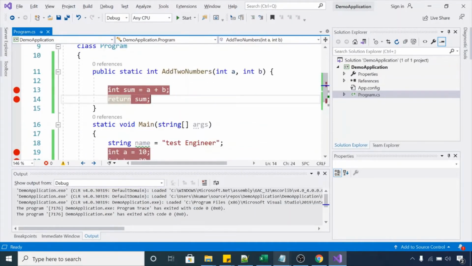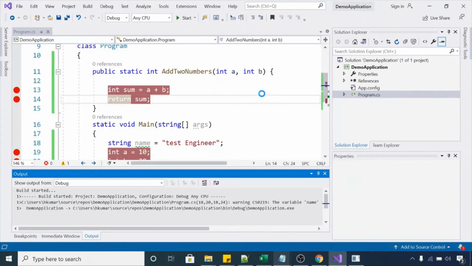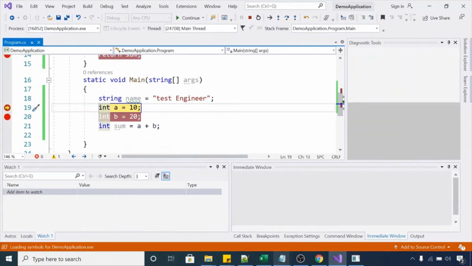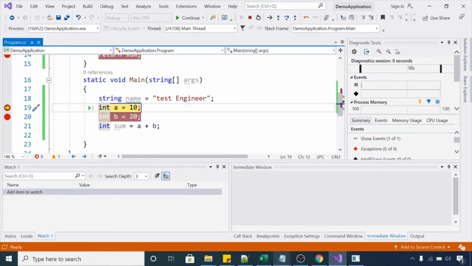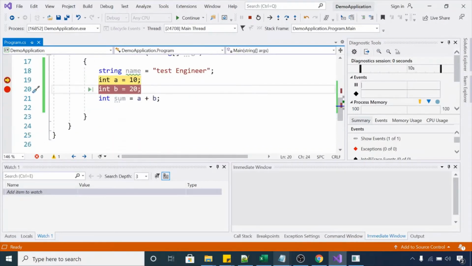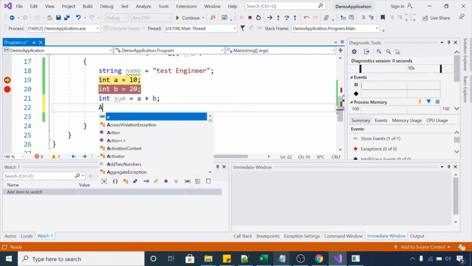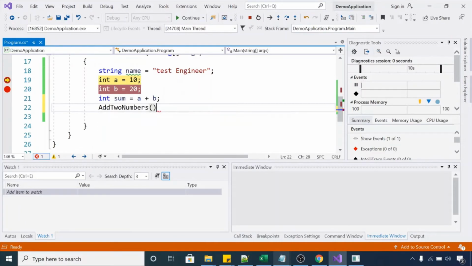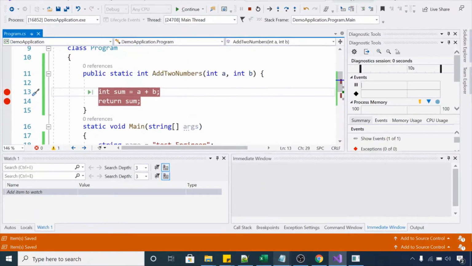Let me press F5 again. So control is now at line number 19. We need to call this addTwoNumbers method from our main method. Let me maximize the screen.